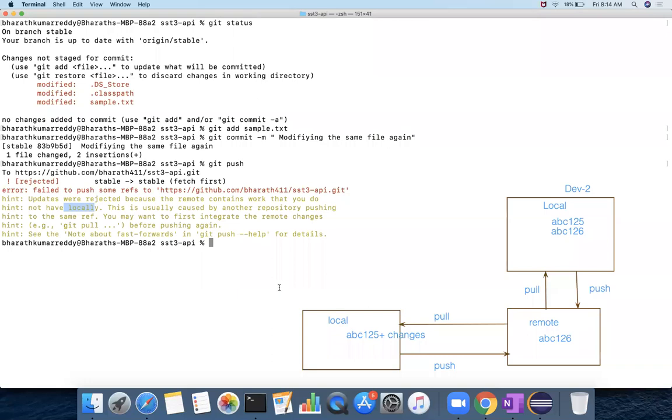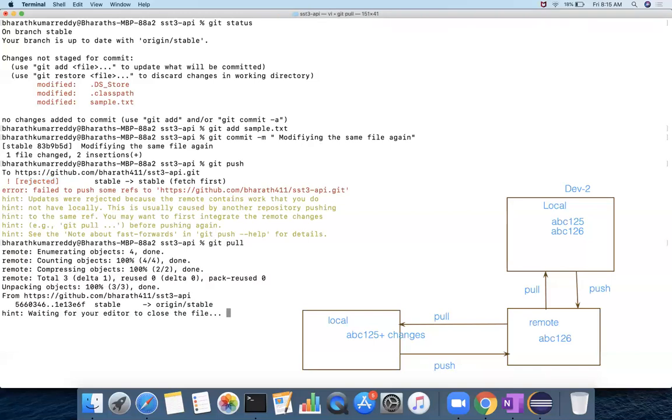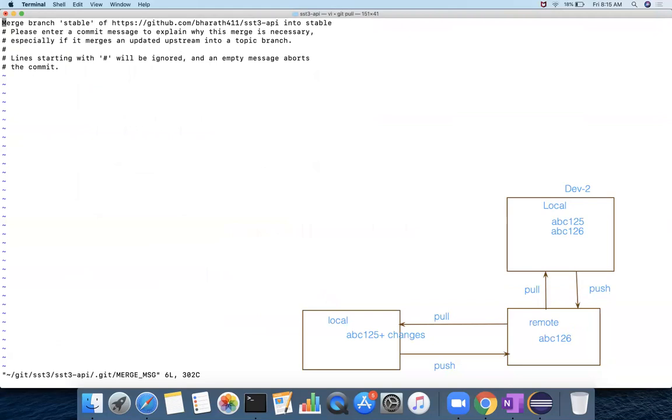So the basic idea is before pushing any time, you need to run git pull first. When it says git pull, it will get the latest code.